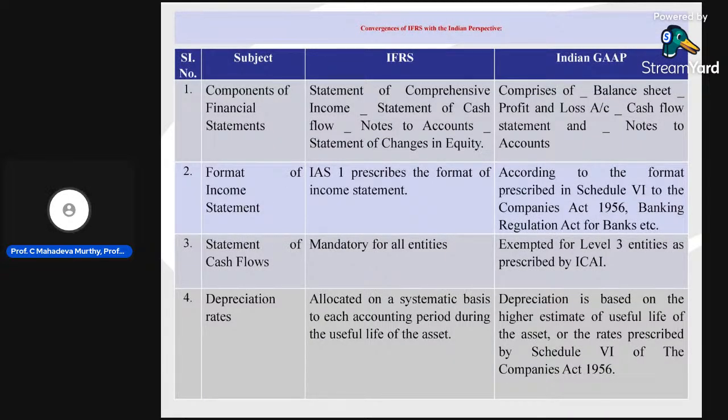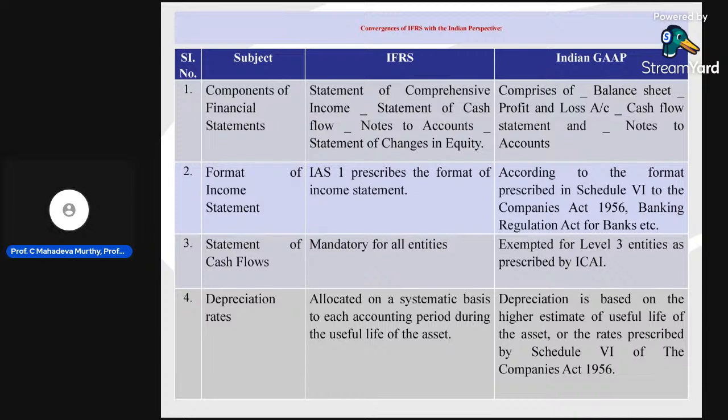Then convergence of IFRS with the Indian perspective, that is, IFRS and Indian GAAP, generally accepted accounting principles. Components of financial statements: in IFRS, the statement of comprehensive income, statement of cash flows, notes to accounts, and statement of changes in equity. In the case of Indian GAAP, it comprises